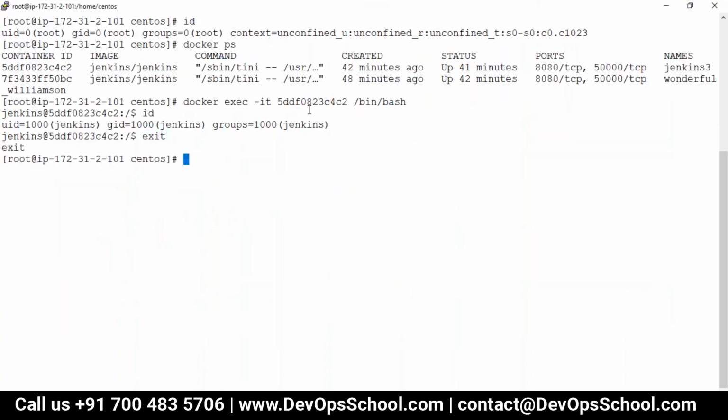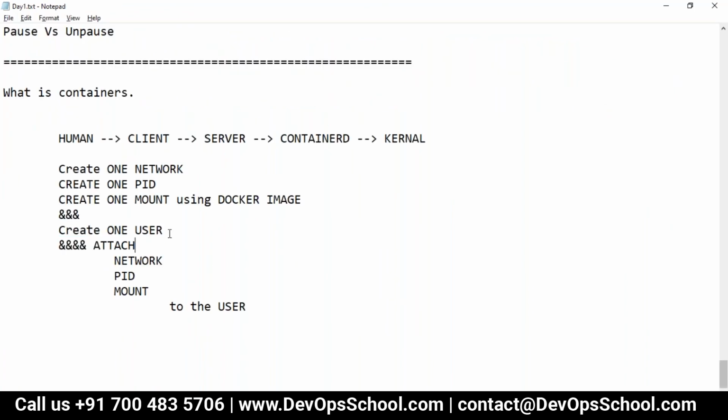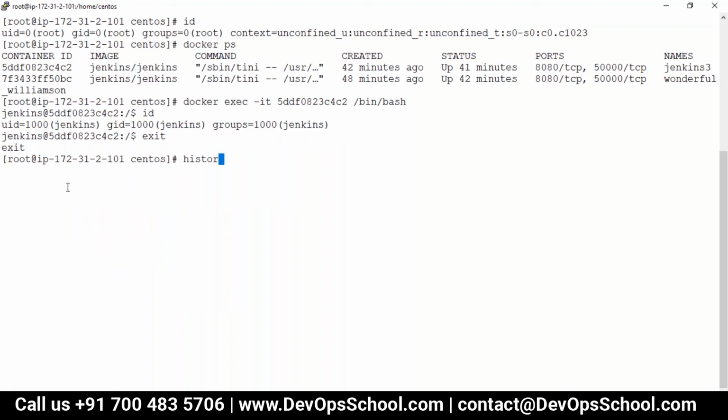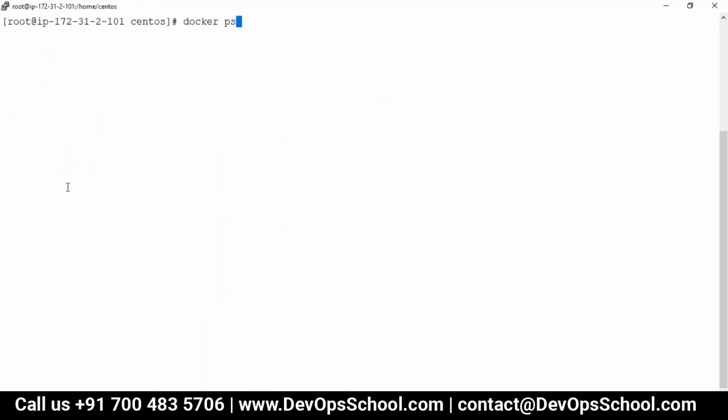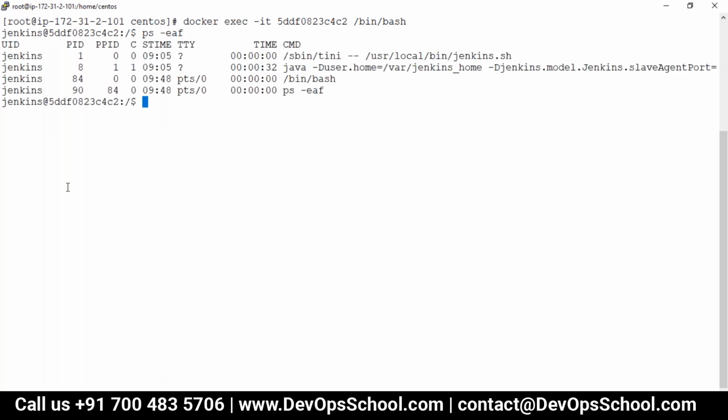Okay, so this is the first point which I have proved, and every container is user. Now I said every container will have their own PID, that means own PID map, starting with a 0. So guys, host machine, you know how to do that, but can we go inside that and run ps -ef? Remember, I'm inside a container and I should see host PID, but no, I'm not seeing it.